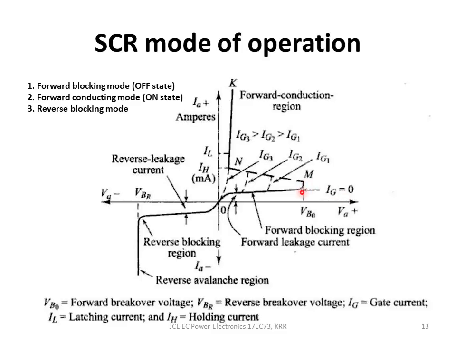And then once VBO is reached, it is going to turn on, and that is your second mode of conduction. I call it as forward conduction mode or on state. In this on state, you will realize the voltage is very small here and the current is very large.